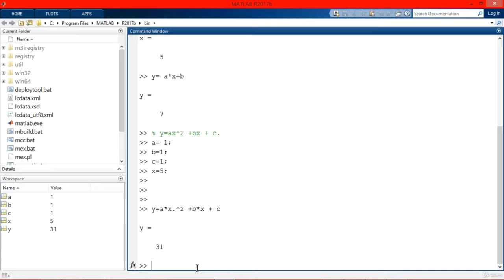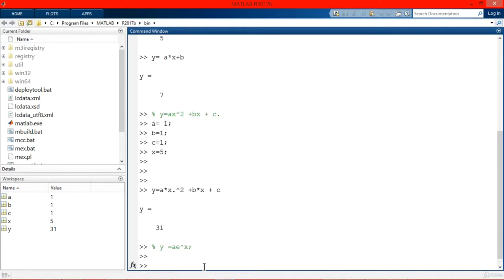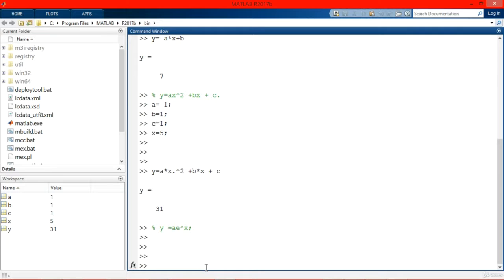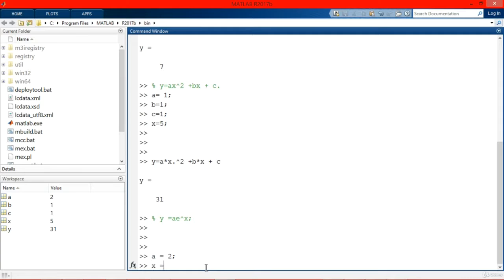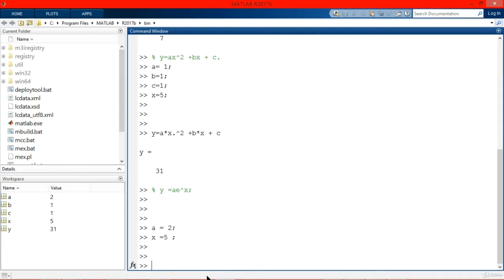Third equation, which is exponential equation, and an exponential equation is one in which a variable occurs in the exponent. So I have equation y equals a e to the power x, where a is 2 and x is 5, and e becomes exp in MATLAB, and star sign between a and exp, and simply power x will be in brackets,